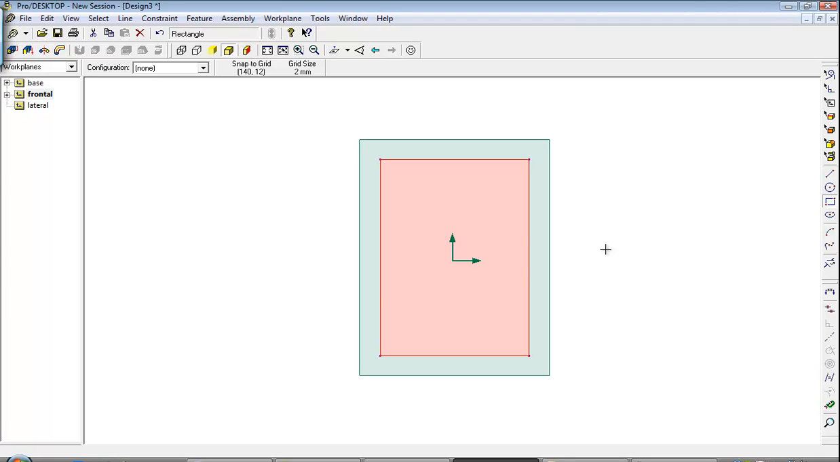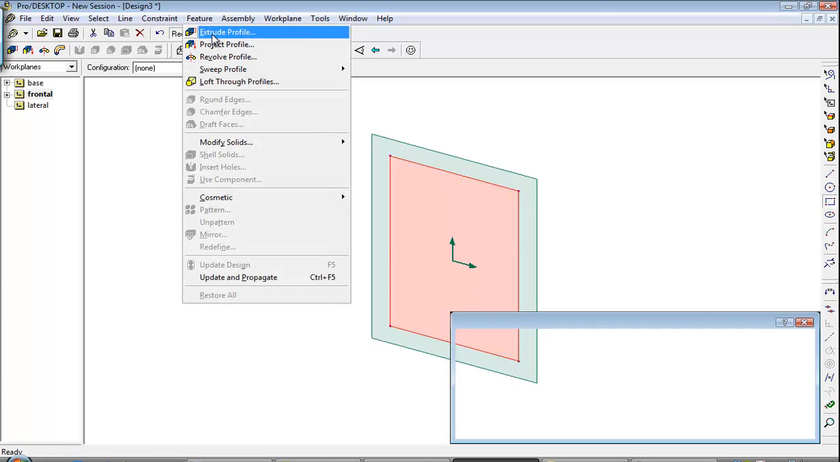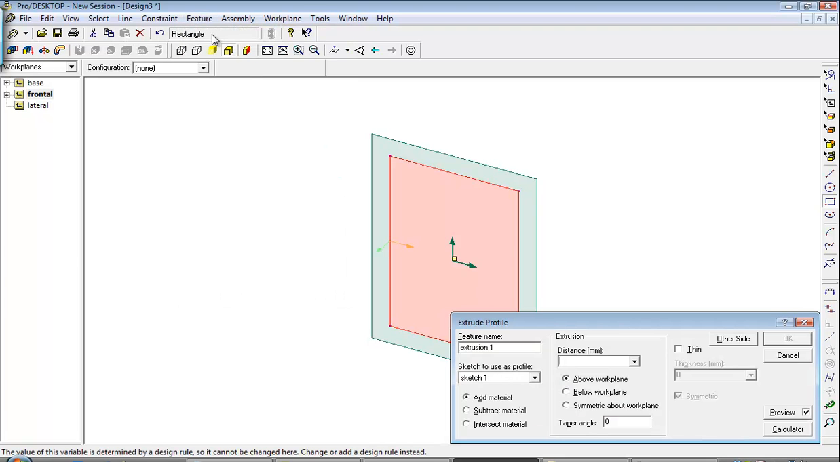Right, once I've done that, then I press the Shift key and the letter T to put it back into trimetric, and then just go to Feature, Extrude, and this time I'm going to extrude it to the thickness of the box, which in this case is going to be 16. So if I type in 16 millimeters, add material, doesn't matter if it's below or above the work plane at this stage, and I'll just click on